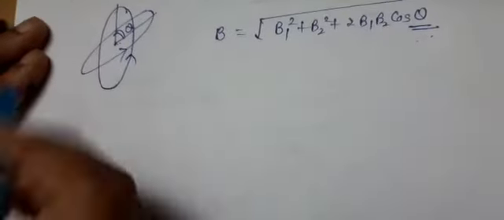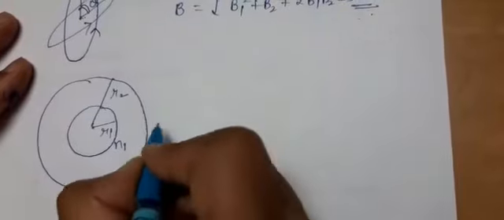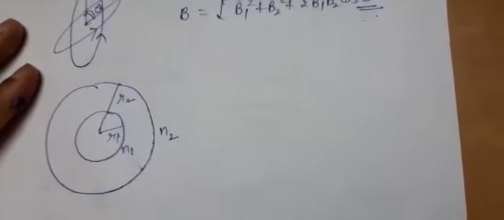Now the next case, if we are taking the next numerical, you can say that we have to find the magnetic field at the common center of two circular coils having radii r1 and r2, having number of turns this time given as n1, n2, common center. So find the magnetic field at the center when the current is in the same direction, as has been given.